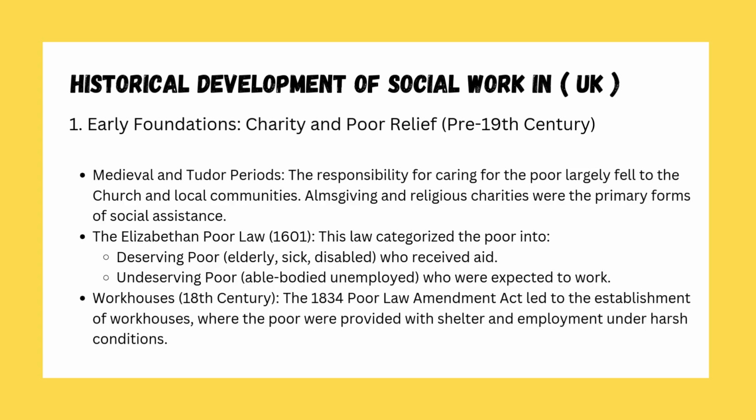The responsibility for caring for the poor largely fell to the church and local communities. Almsgiving and religious charities were the primary forms of social assistance. The Elizabethan Poor Law, 1601. This law categorized the poor into deserving poor, elderly, sick, disabled, who received aid; undeserving poor, able-bodied unemployed, who were